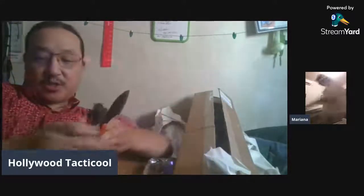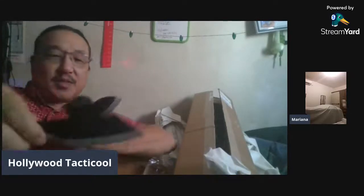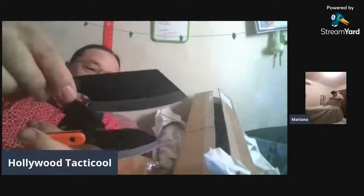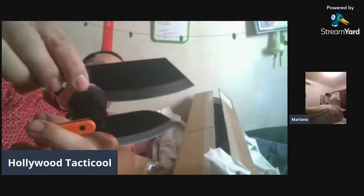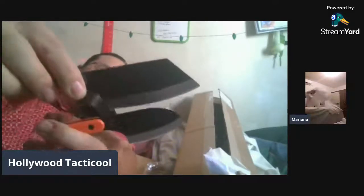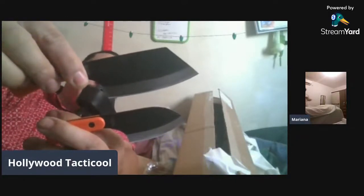Okay, and then there's this cleaver. So again, 3 fingers. So I'll show you the different blade shapes. I got both of them because they had different blade shapes, of course, right? Can't decide which one, get them both. So this one, as you can see, is larger. This one's smaller. This is more of like a cleaver. This is almost like a sheep's foot, almost. You can see there's definitely a difference in blade length and blade shape, and the difference in belly and